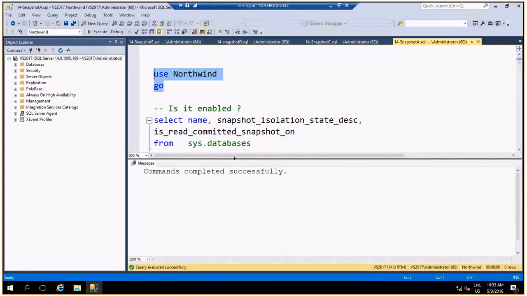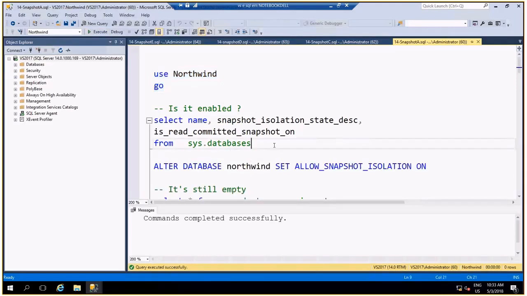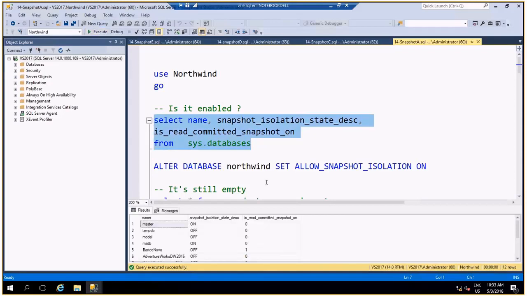The snapshot isolation level makes intensive use of the TempDB database, so it needs to be enabled by the server administrator. We can check if it's enabled or not by checking the sys.databases system table, a DMV.